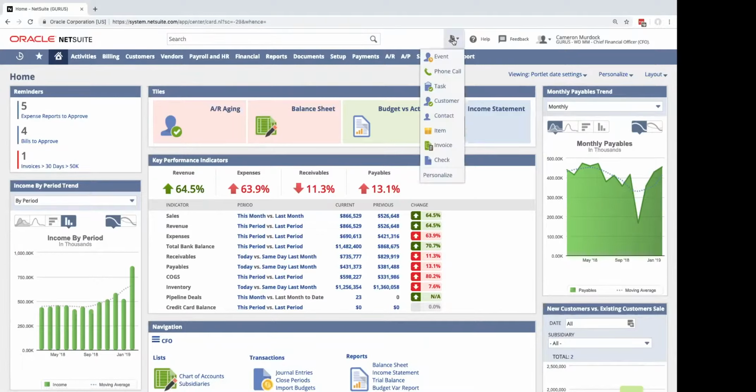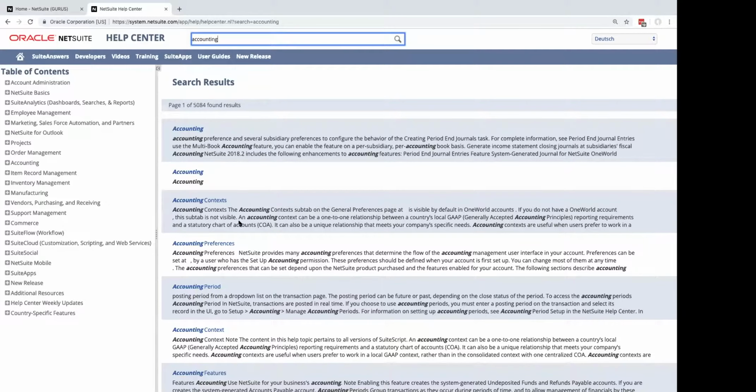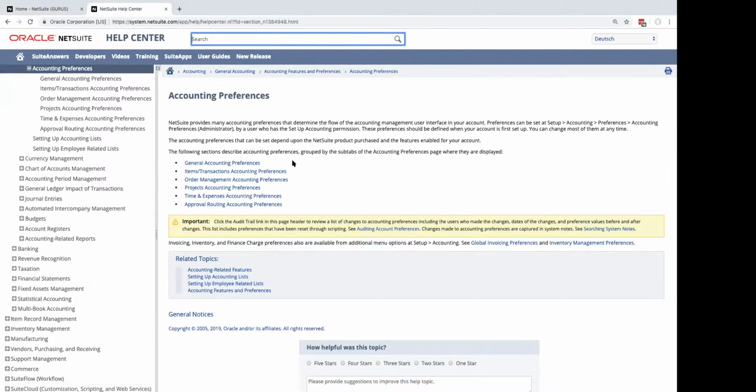Now, beside this, I see my quick add or quick access menu to easily create new records, whether it's a customer, an invoice, etc. This is personalizable by the end user, so I don't need an administrator to change this. I can change it myself. The Help Center is the next link here. This is a self-service portal to find release notes, user guides, or just articles related to something I'm searching for. For instance, if I wanted to see the accounting preferences and how to configure those, I could just search accounting, find the article related to accounting preferences, and then NetSuite will lead me through the other related articles to find what I'm looking for. So it's really self-service for the end user.